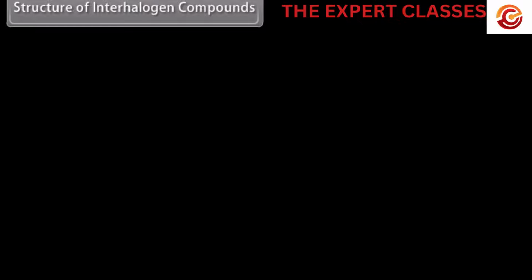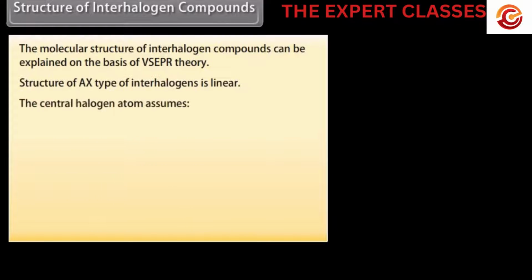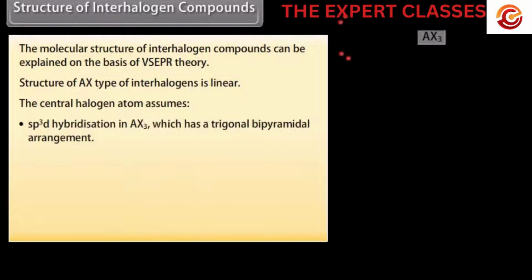Structure of interhalogen compounds. The molecular structure of interhalogen compounds can be explained on the basis of VSEPR theory. Structure of AX type of interhalogens is linear. The central halogen atom assumes sp3d hybridization in AX3, which has a trigonal bipyramidal arrangement,